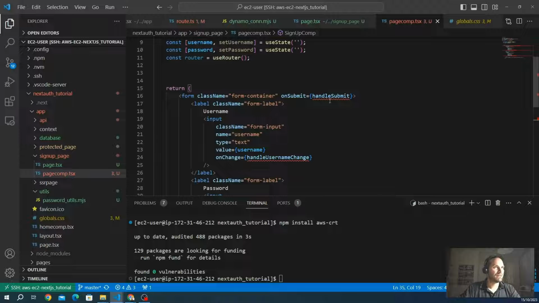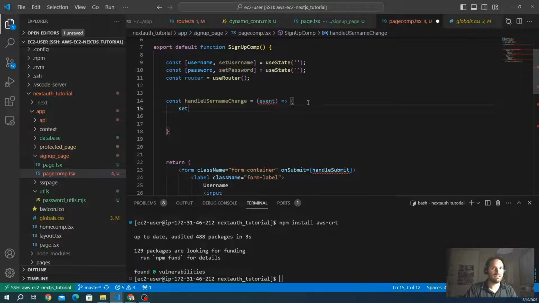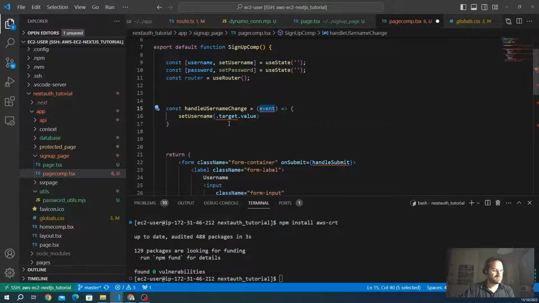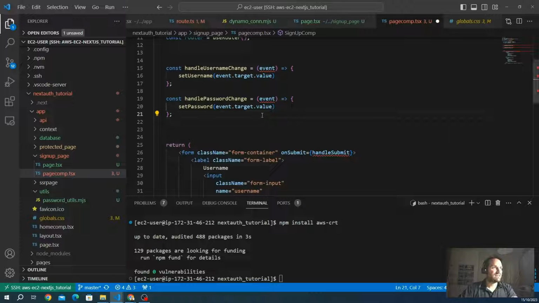This is the format. This is the submit, and on submit, we are going to call the handleSubmit, and we set the username state as the event.target.value, and we also create the same function for the password, and we call it handlePasswordChange, and setPassword here, event.target.value. So here we go, it's the same. We define these two functions, and we need the last function that is